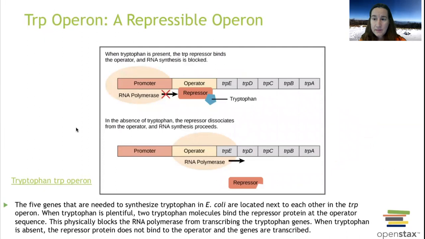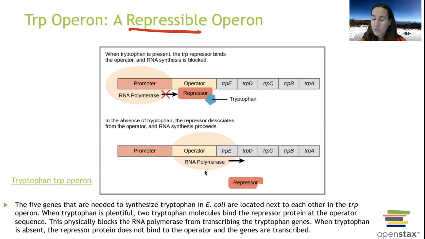So the three different types of operons: one of them is repressible, then we've got an activator, and then we've got an inducible. So trp is tryptophan, and it is a repressible operon. We said that you don't want to turn on a gene and go through the effort of making that protein if you don't need to. It's a waste. If tryptophan is in the environment, why would I turn on the bacterial genes to make tryptophan when I don't have to? It's already all around me and I can just use that. Why would I make my body synthesize tryptophan if I didn't have to?